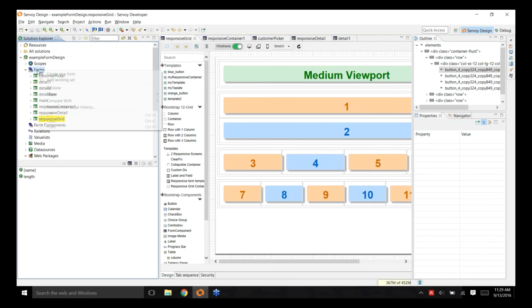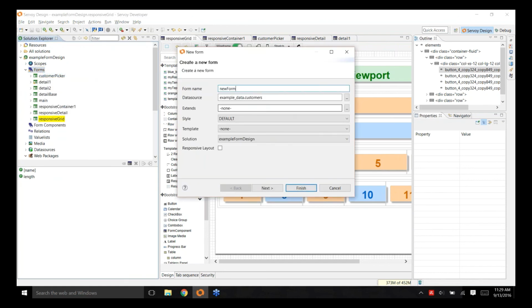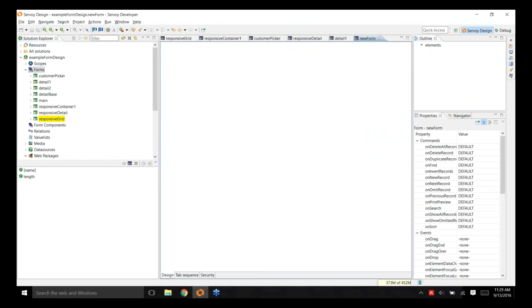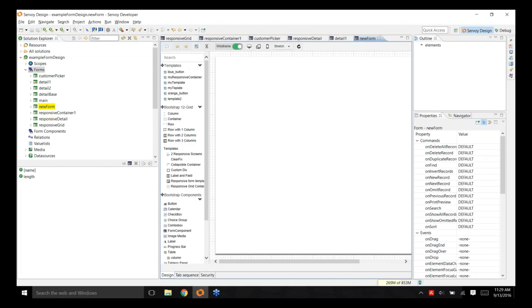But if I want to start from scratch, I'm going to create a new form, call it new form. I'm going to check the responsive layout checkbox here. This tells us that this is going to be a responsive form. It's going to open in the new form editor because you can't really look at a responsive form in the classic editor. I'm going to click and drag my template